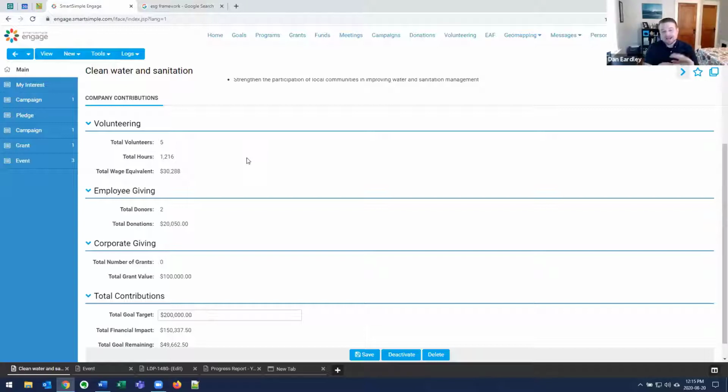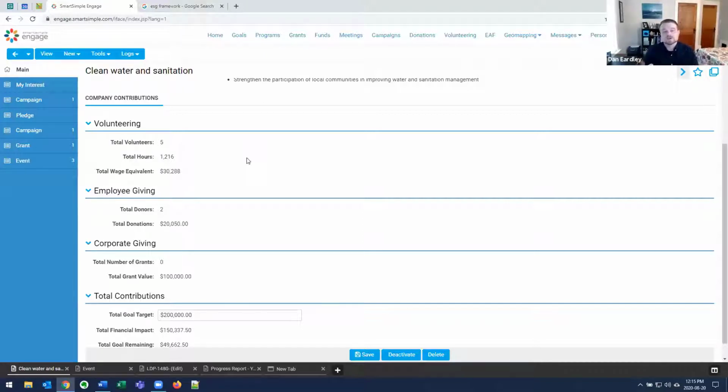So we can then aggregate that data, roll it up to the applicable goal, and then you can see the overall contributions and numbers that you're looking to track against that particular space. Now, what you'll see here, and what we talked about in terms of those outputs earlier, is that a lot of this is dollars and cents. How many hours were served? How many people were involved? How many dollars were donated? Those types of things. Those are kind of baseline.